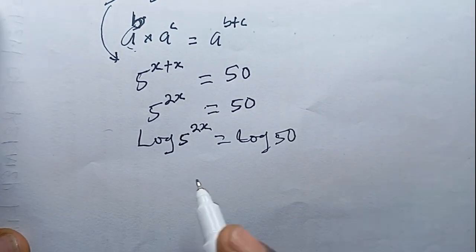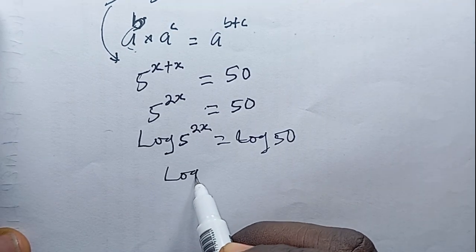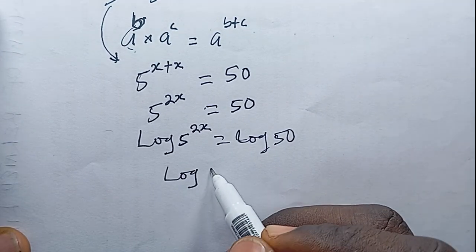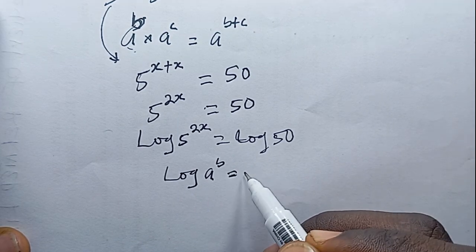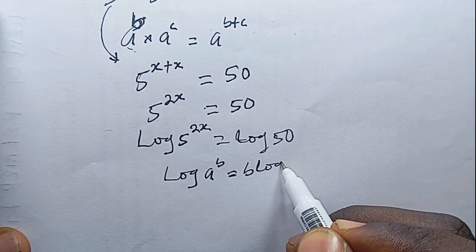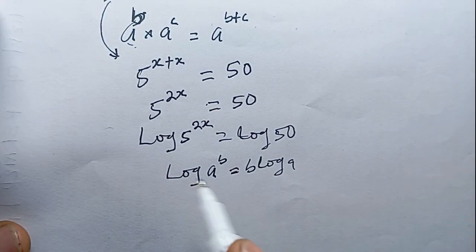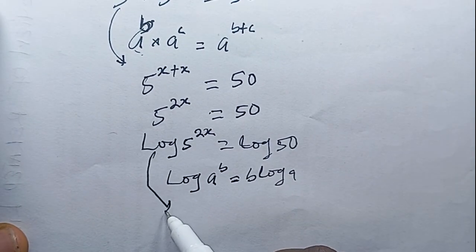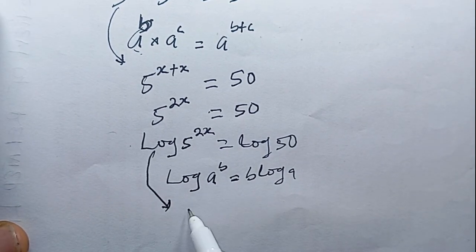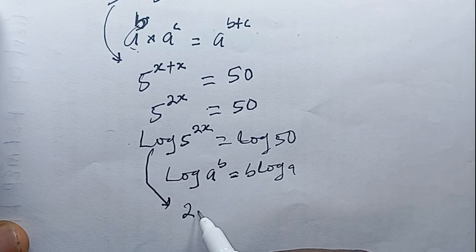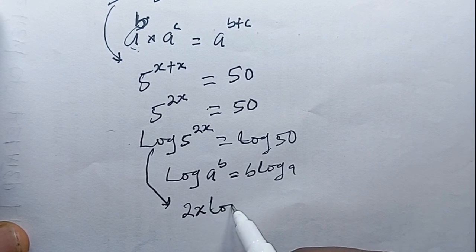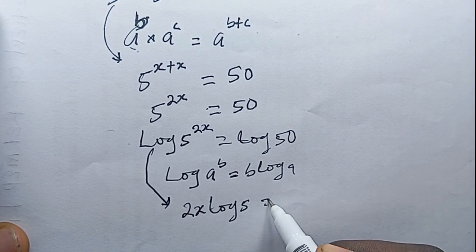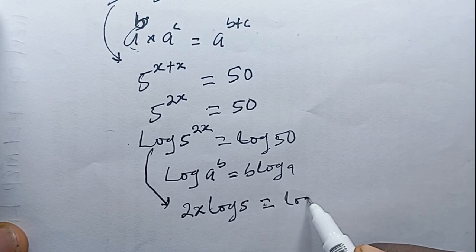One of the rules of logarithm says that when you have log a power b, you can expand this as b multiplied by log a. When I apply that over here, this 2x is going to come down to multiply log 5. So what I'm going to have is 2x multiplied by log 5,